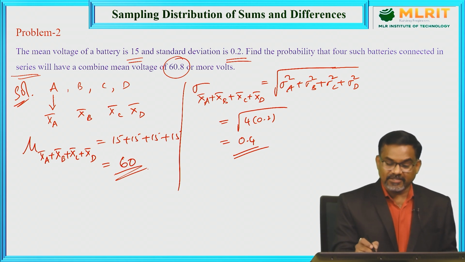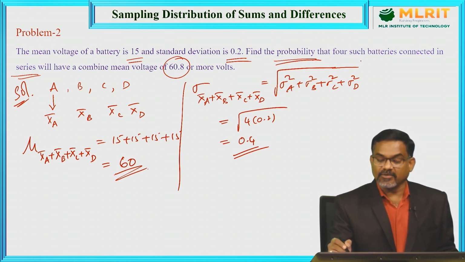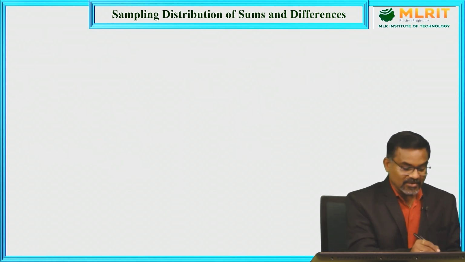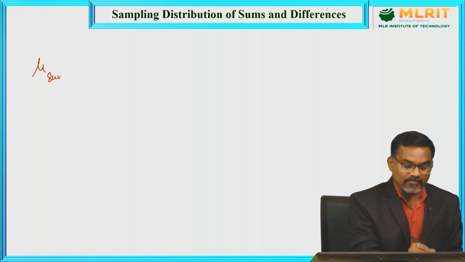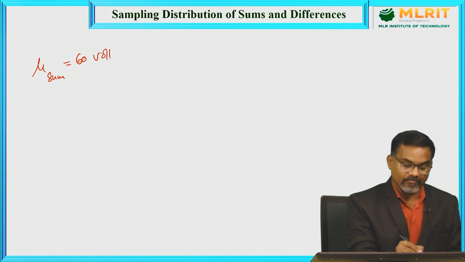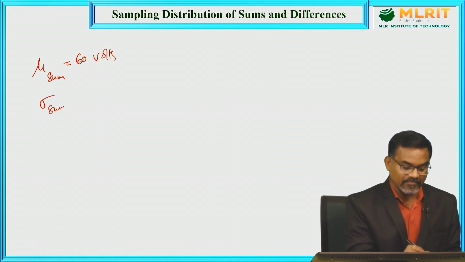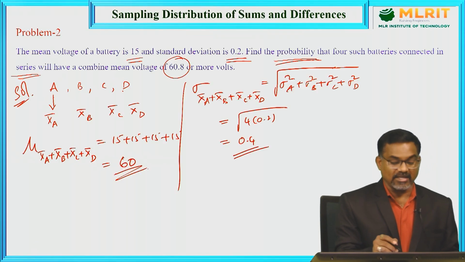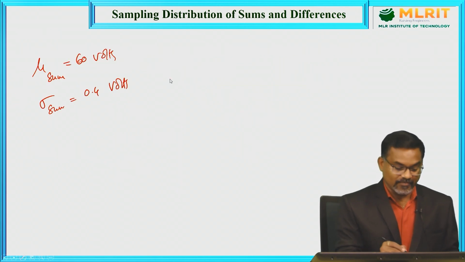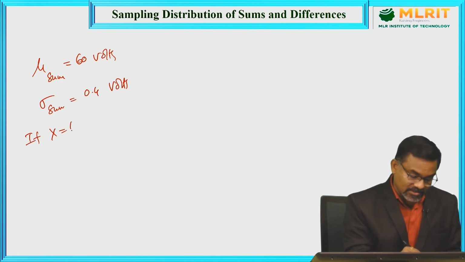Now the question is, find the probability that 4 such batteries connected will have combined mean voltage. So now we have calculated these 2 values. The first one is mu of sum of 4 batteries is 60 volts and standard deviation is 0.4 volts. And it is required to calculate the mean voltage is 60.8 or more volts. So x equal to 60.8,